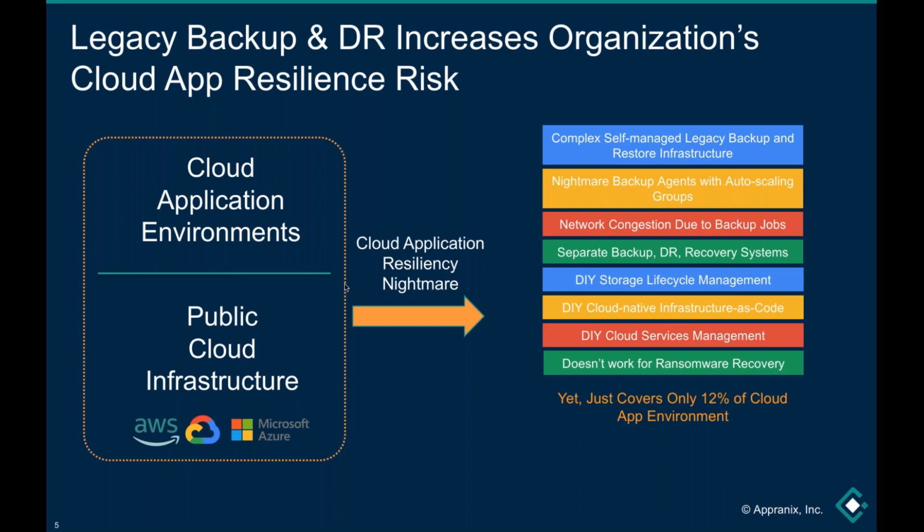when we go to our prospects and customers and say, all right, you had some idea of bringing resiliency for your applications when you were in the data center. And when you come to the cloud, you're using a bunch more services. In that case, have you really taken care of the entire environment? And how much is that? And this 12% is kind of a magic number, because we went with the exact quantity of the services that are being used by the customers, and we looked at what's the typical protection mechanism for them, and it came out to be approximately 12% or less. And that's when we ask, are your cloud applications really protected?